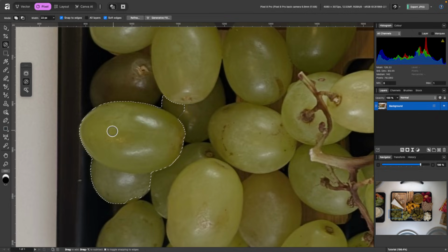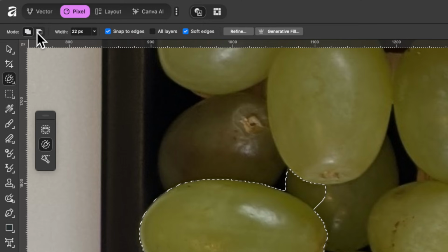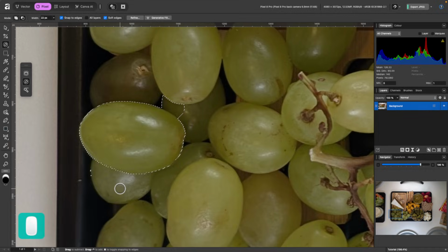So one way to get rid of those extra areas is to go up to Mode and just click on Subtract. So I'm going to click on that and I'll just start deleting those areas like that. If I go back up and click on Add, which is what we were on originally, I don't actually have to keep going up there. A shortcut for this one is just to hold the Option or Alt button on the keyboard and just click and paint away like that. So very easy. We've made our selection.